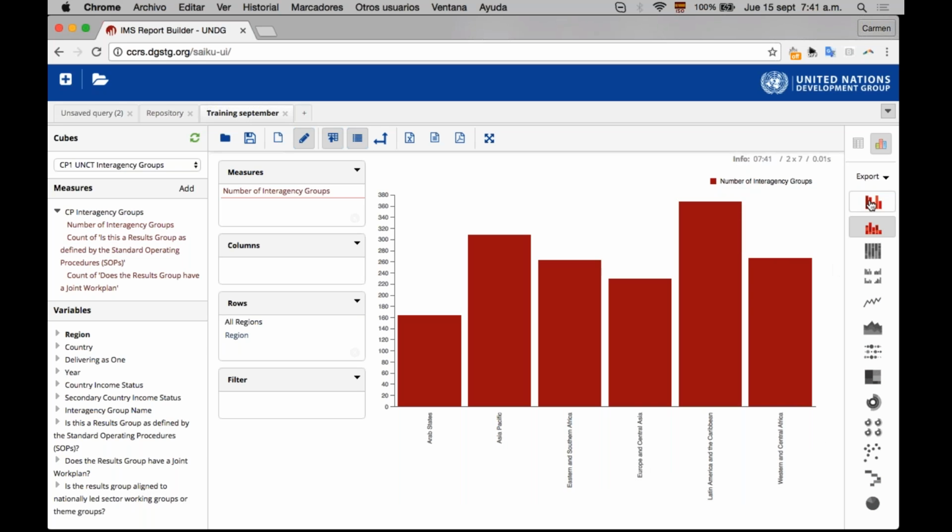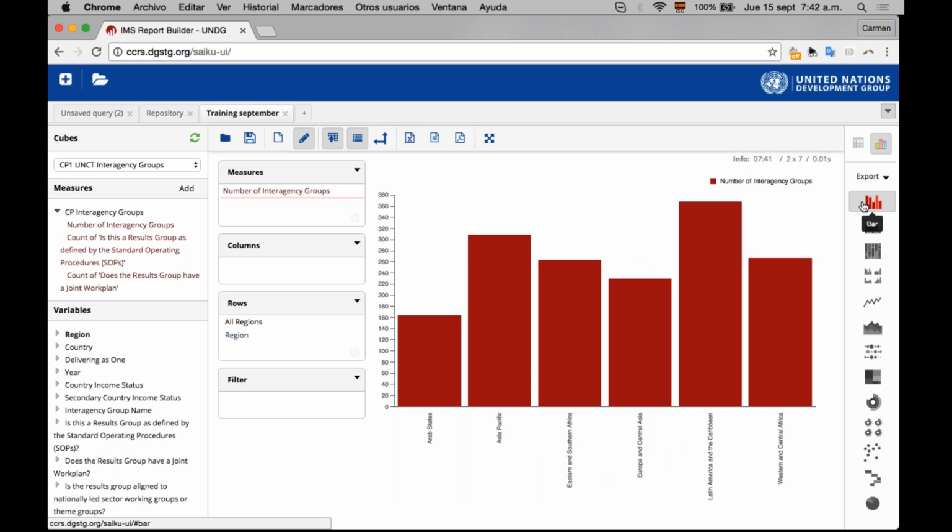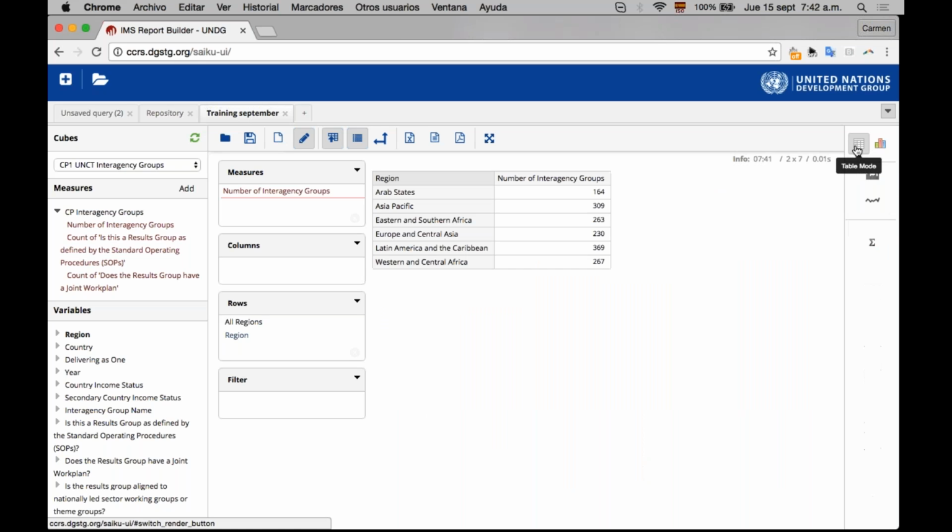Since this is a pretty simple table, we can, for example, see it as a pie chart, I think, and we can do it as a bar. But maybe, for instance, if I select stacked bars, it will not be the full potential of this type of graph. So I might need to have a little bit more complex table for this to be useful. I'm going to quickly show you an example of that.